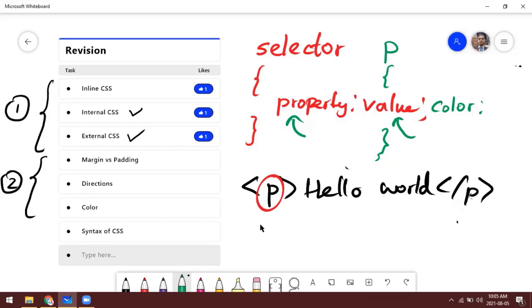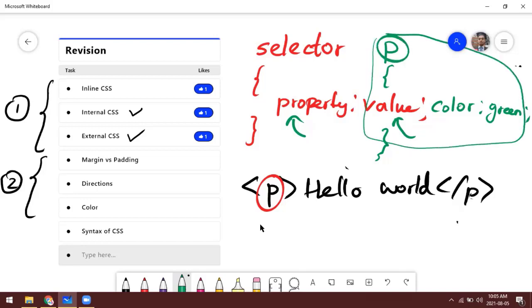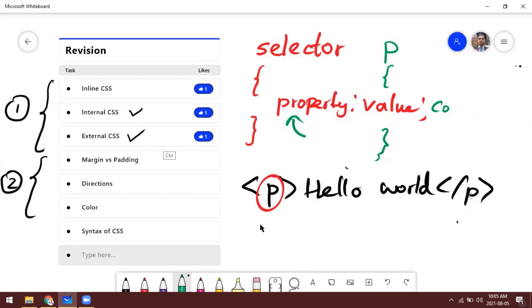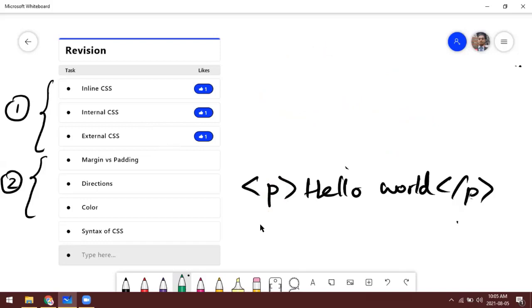If we apply color, for example, let's say it's green, then for the selector P, meaning the paragraph tag, for all the paragraph tags, it will apply color green, right? That's the syntax of CSS. This is applicable to either internal CSS or external CSS.